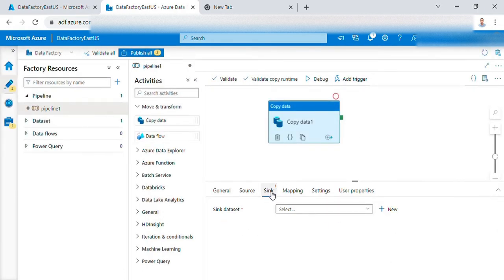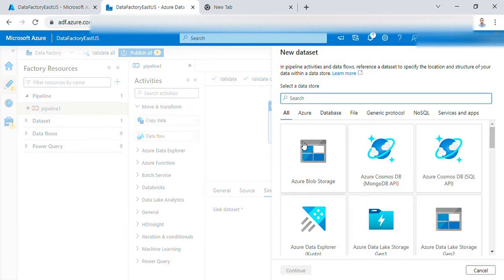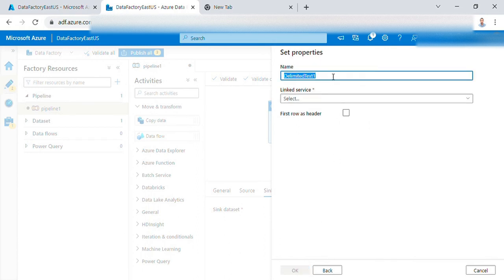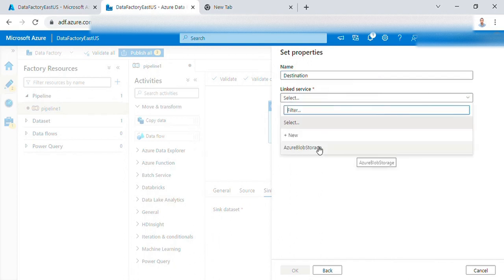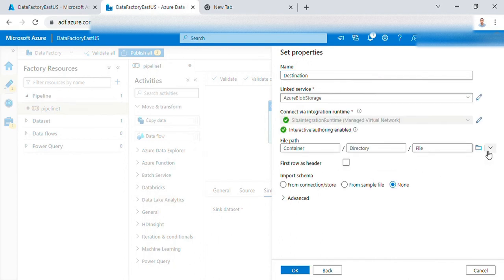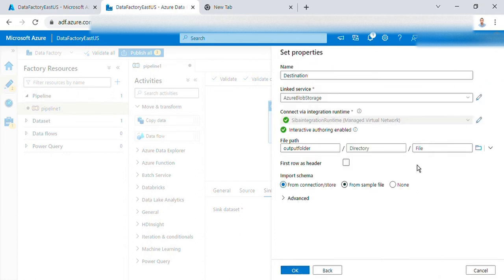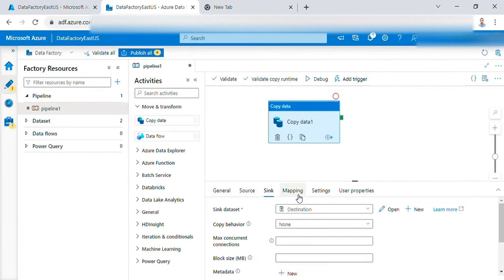Okay, sink is blob storage, CSV format, destination. We have the same container, one container only. The file we will name output.txt. First row as header, schema, none. Okay, so the source and sink are done.